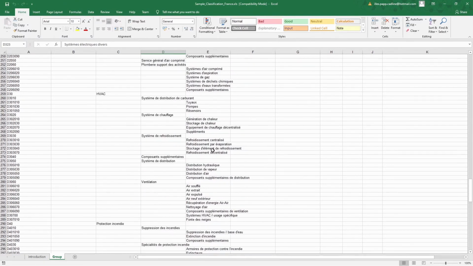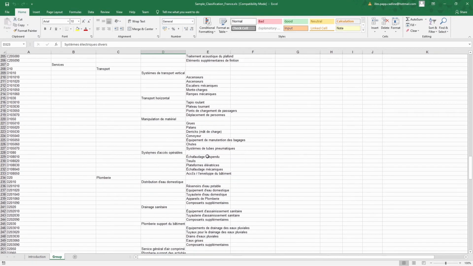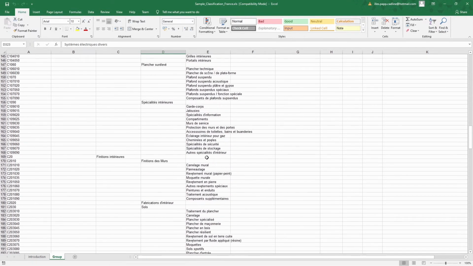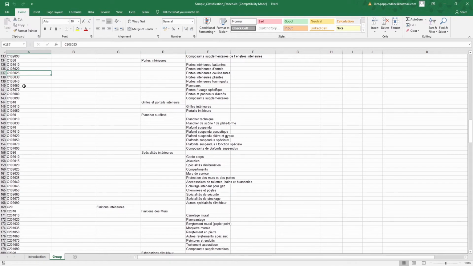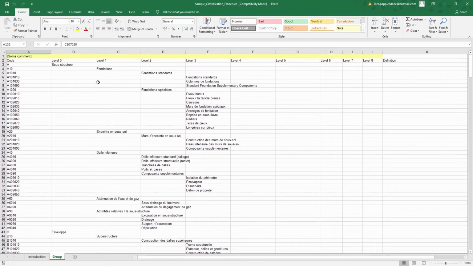This is a sample file from France, which I use today, and as you can see, it has a lot of these specific identification numbers, descriptions, values, and so on. So there's this code level 1, 2, 3, 4, 5, and so on, definitions and so on. As it was filled up, you can actually import it into the software with this specific tool